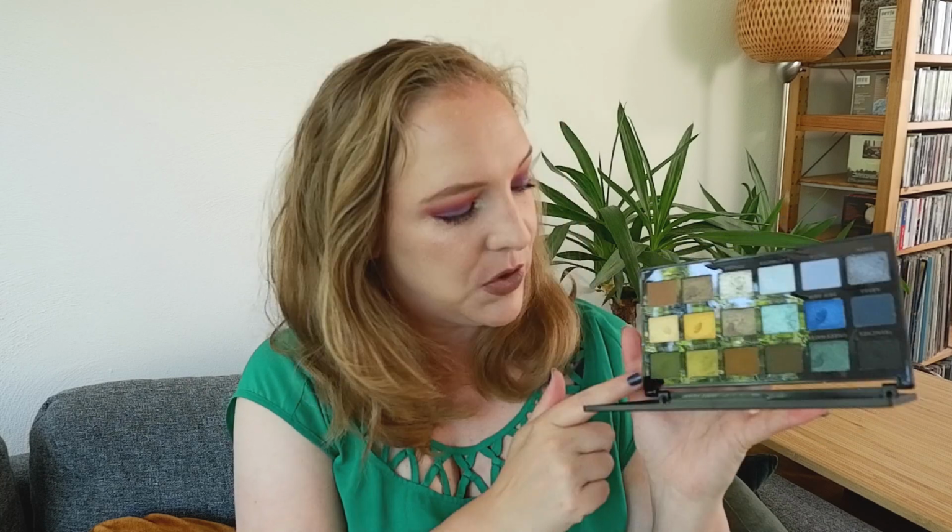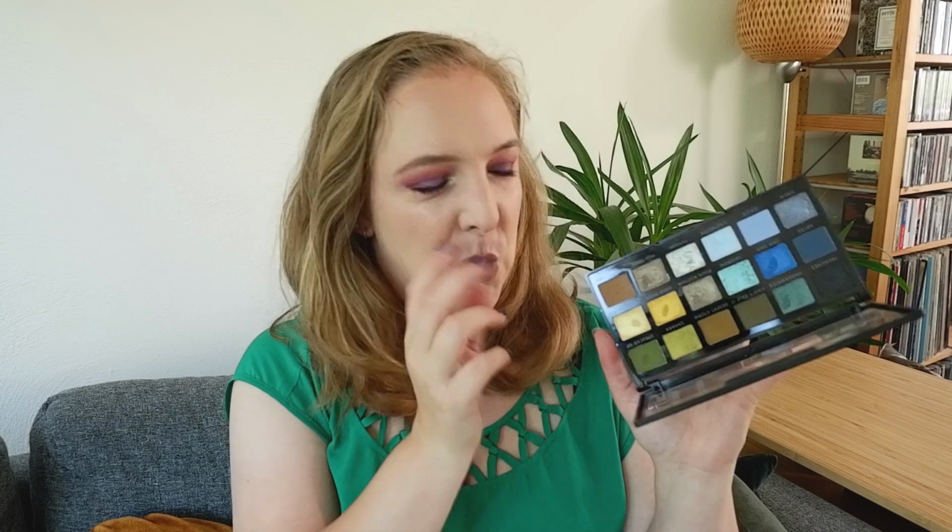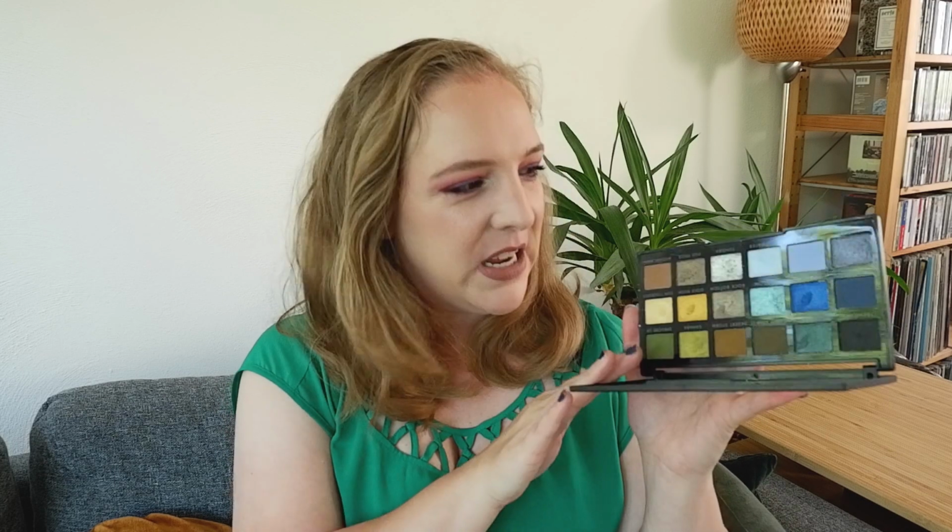You get 18 shades, and this is such a nice, well-rounded palette if you're looking to, for instance, expand a little bit. If you're very used to wearing neutrals, but you want to add a pop of color, then I think this palette has the price point to try something a little more creative. And all of these shades are not that far off of neutrals. These greens have quite a lot of brown in them, so they're not that far from being neutral. And also some of these darker blues are quite easy to put into a look,